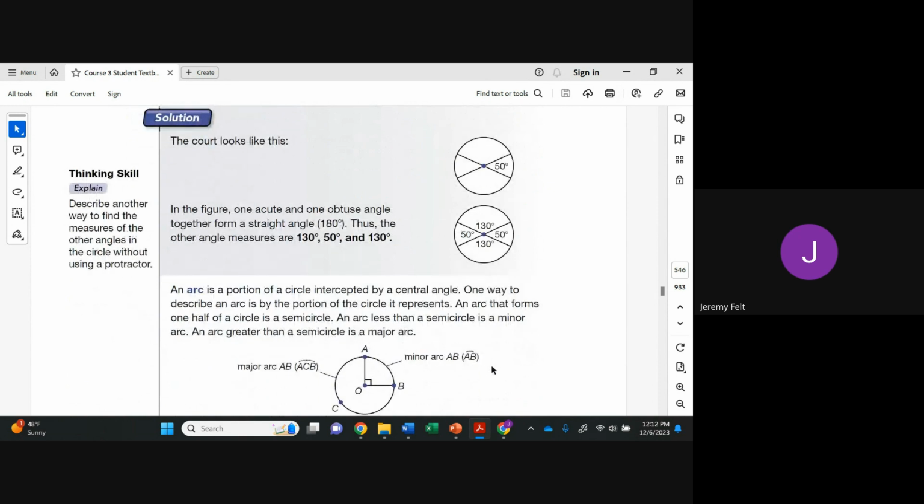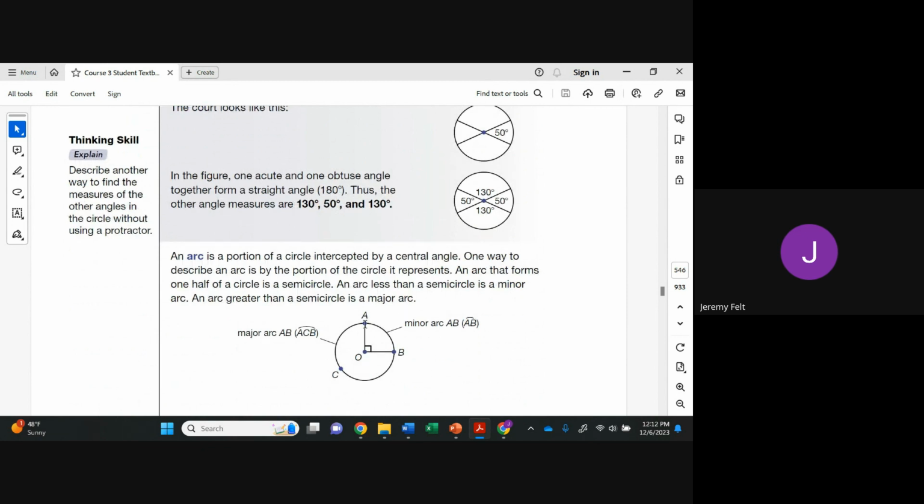Okay, now an arc is a portion of a circle intercepted by a central angle. So we have the central angle, which is obviously in the center. An arc that forms 1/2 of a circle is a semicircle. So if we ever see that term, we know that's half of a circle. An arc less than a semicircle is a minor arc. An arc greater than the semicircle is a major arc. So for example,